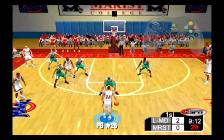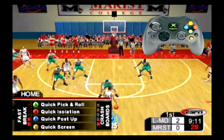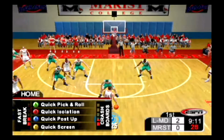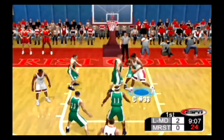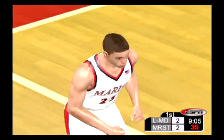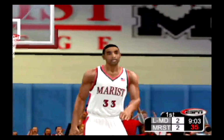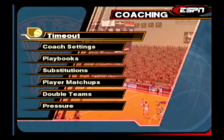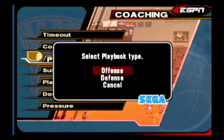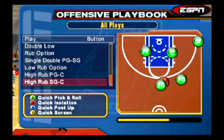The white button brings up the play call menu, which gives you 4 possible plays for your offense to run. Press the button for the play you want to call. The default plays are basic, but you can assign more advanced plays by hitting the start button to pause the game, then going into coaching, then playbooks. Select the offensive playbook type and assign your favorite plays